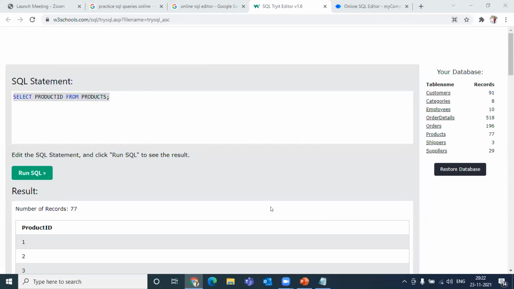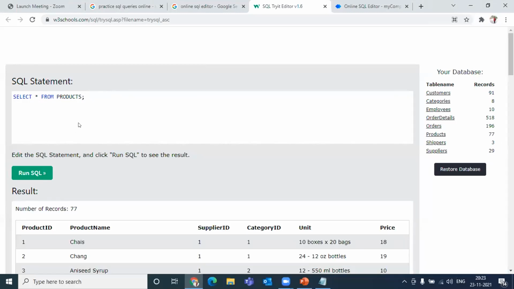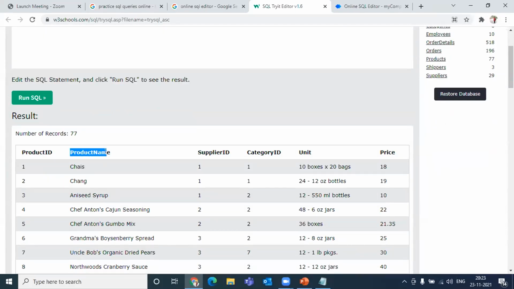Okay, now what I wanted you to do is something different. Be very careful. I'm going to change the requirement now. Be with me for the next 30 minutes. We are going to really smash SQL. We're going to be very comfortable with at least the basic query writing part. Now my question is, I want you to print product name, supplier ID, category ID, three of them.